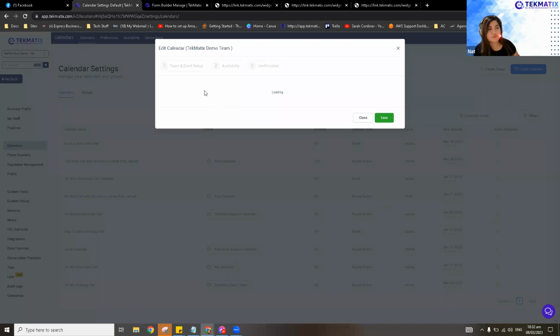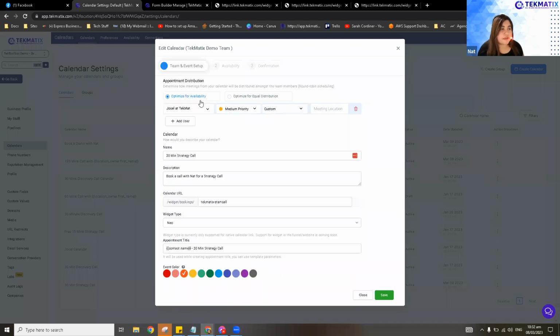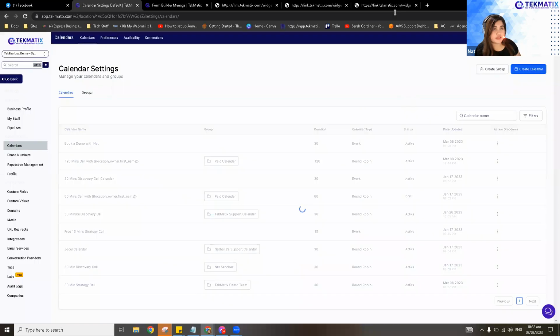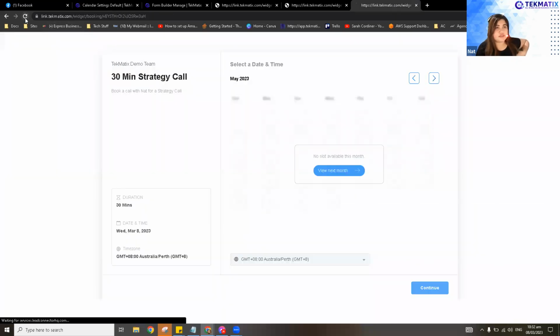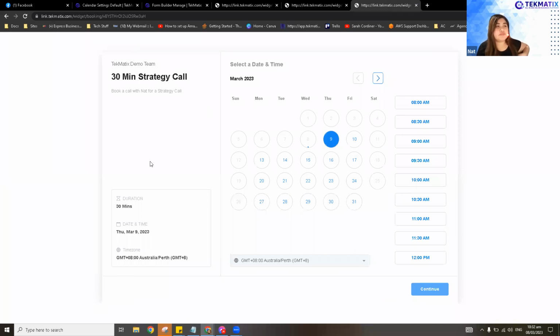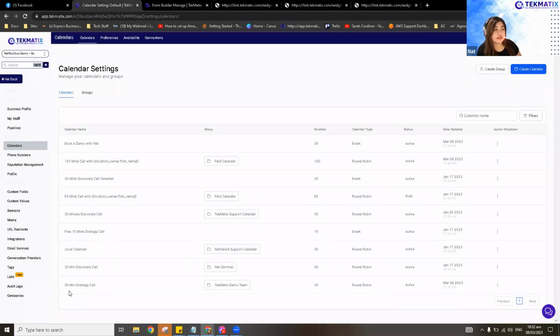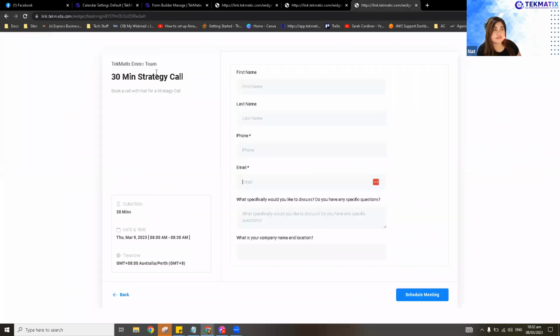Let's see if we can switch user, that is basically the link in here. Okay, let me try to tweak this one out. So for example, for me, I'll pick that exact date and click on continue. Basically, this is the form that we created earlier, right? So that's what you need to do, and after that one, I think you're good with that. That's the individual calendar link.